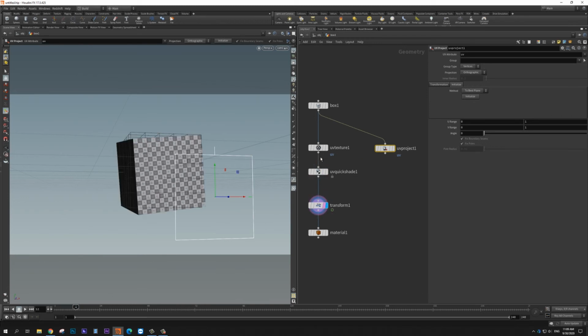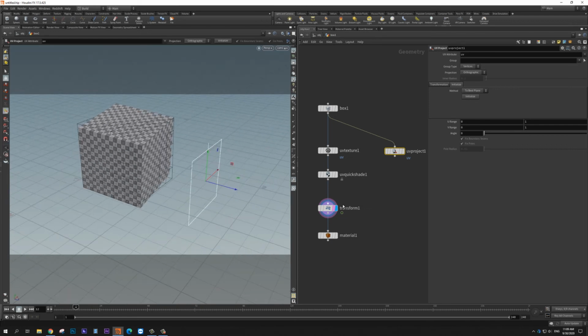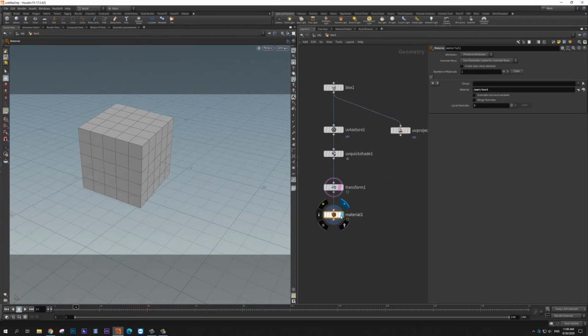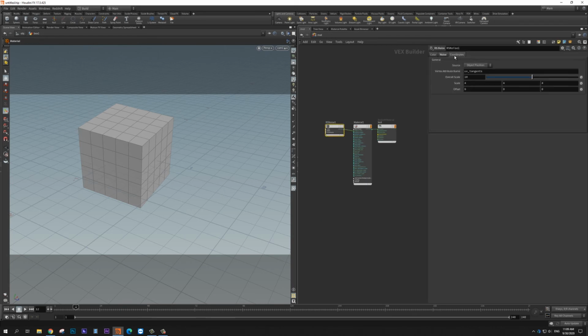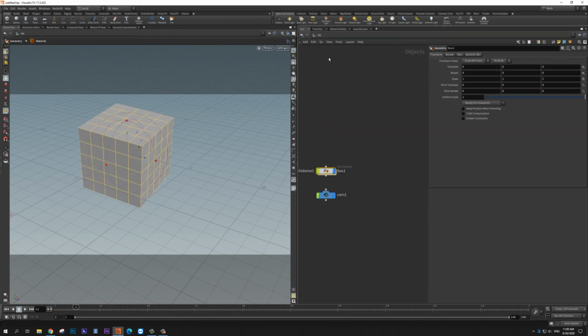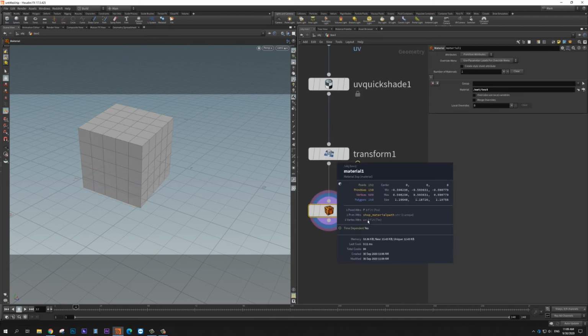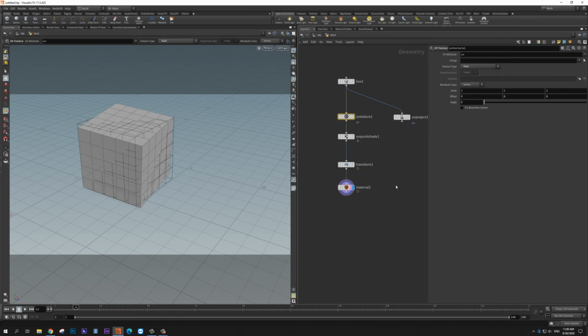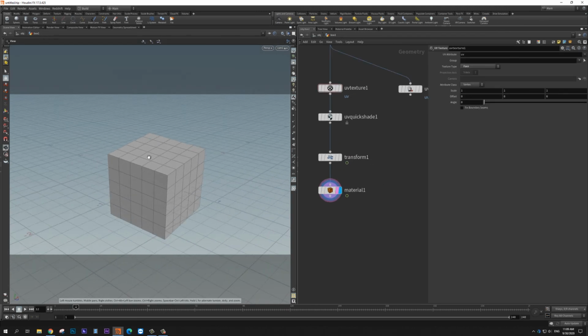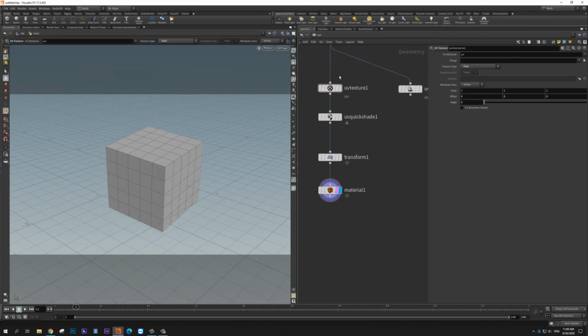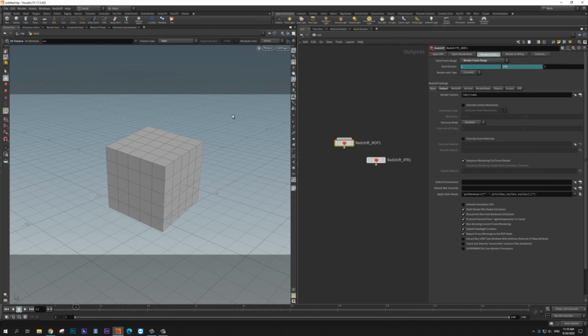Okay, and then the second thing is to make our noise work, we have to make sure that the noise is applied onto our UV vertex attribute, and we're gonna hit UV here because that's the vertex attribute that is created in here when we apply the UVs. So right now the noise is being applied onto the UVs. So if we hit render,